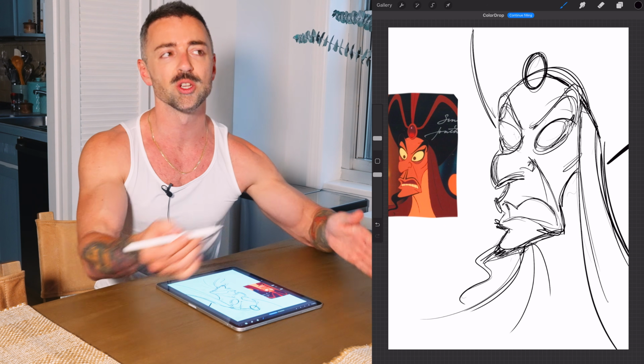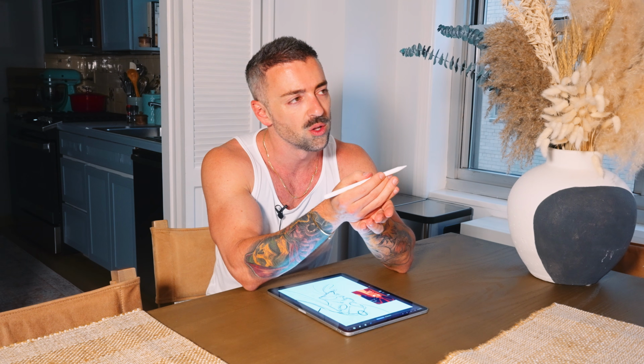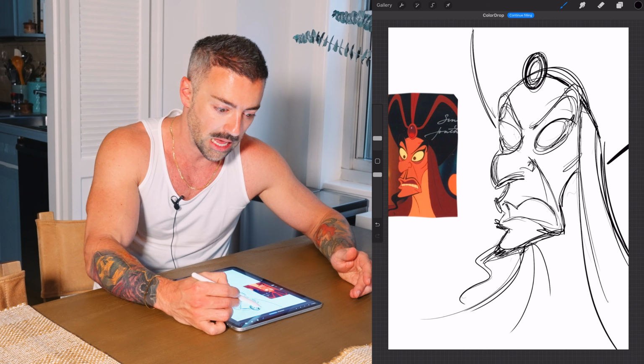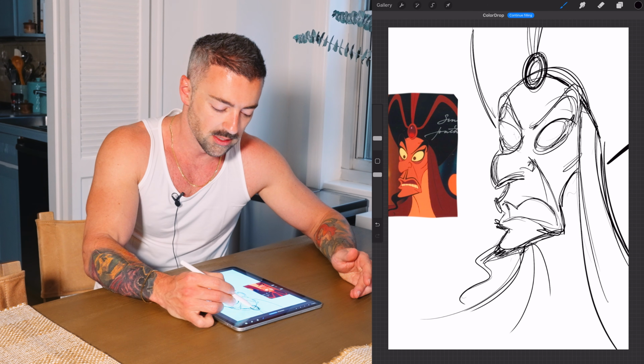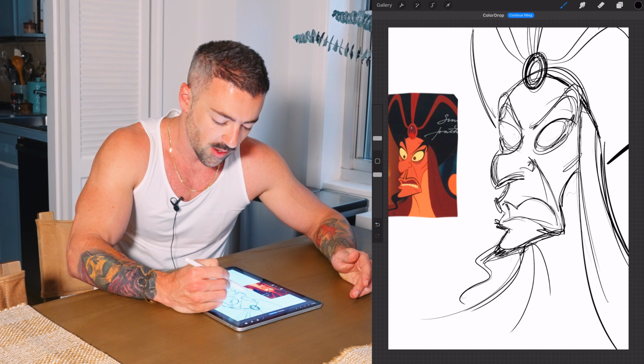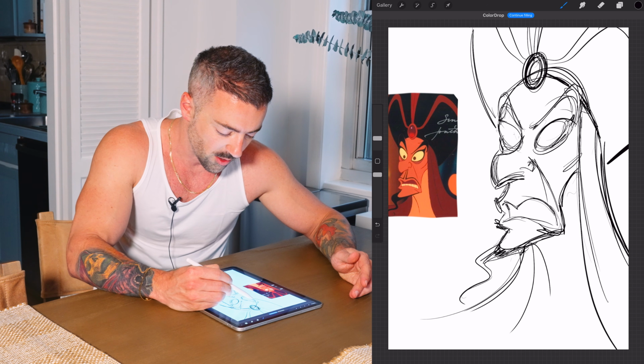Now when you watch, there's a Marvel TV show called What If, and it's all computer animated, but it's made to look like animation, and so then they can add any detail they want into anything because it's already printed on the character, where then you kind of had to have more color blocky. It was very difficult to have a lot of detail in these characters because you had to draw them over and over again. Yeah. So I have my basic shape of Jafar right now, so I'm just gonna go through